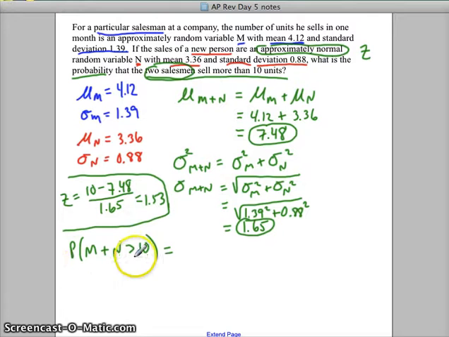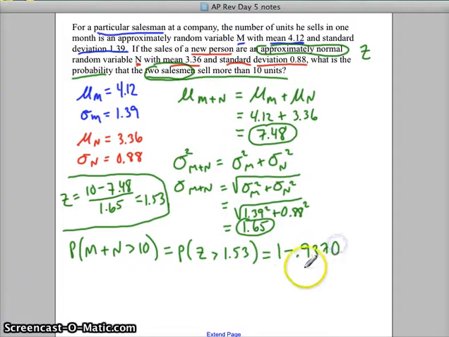So the two of them selling more than 10 is the same thing as my probability of my z-score being more than 1.53. So now I'm going to go look at my z-chart, and since it's a greater than, I have to do 1 minus. I'm going to look up 1.53, and I get 0.9370. So I do 1 minus that, and I get 0.063, I believe. So 6.3% would be the